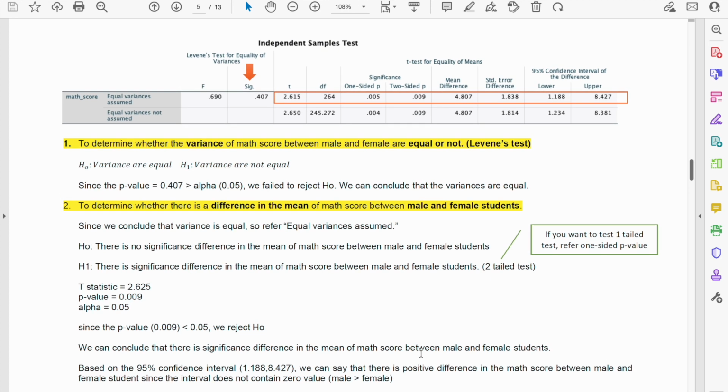Okay, so kita nak jawab objektif yang pertama tadi, to determine whether the variance of math score between male and female are equal or not. So apa yang perlu awak refer? Awak kena refer Levene's test for equality of the variance. This one ni, anak panah ni. Okay, kita tengok dia punya significant value ni adalah P value lah, and also the value F. Okay, H0 H1 dia adalah H0 variance are equal, H1 variance are not equal. Okay, kita tengok P value dia. P value dia adalah